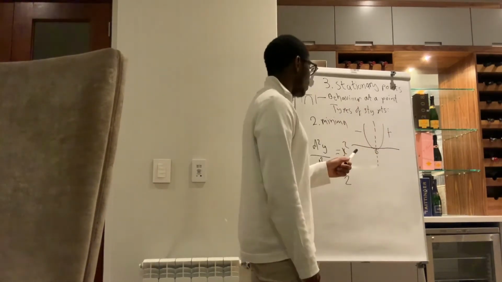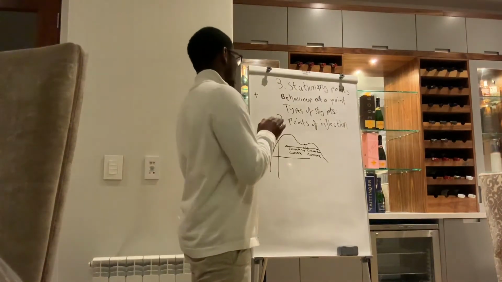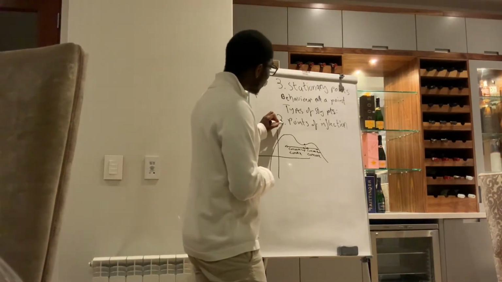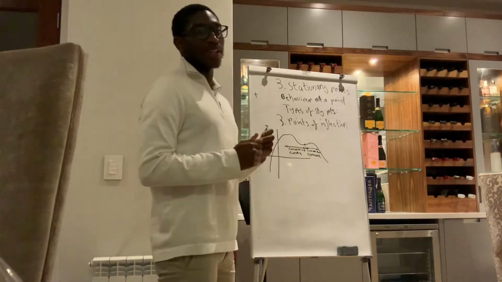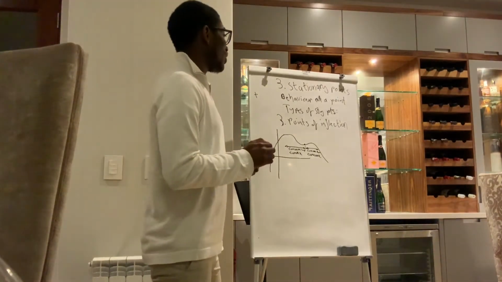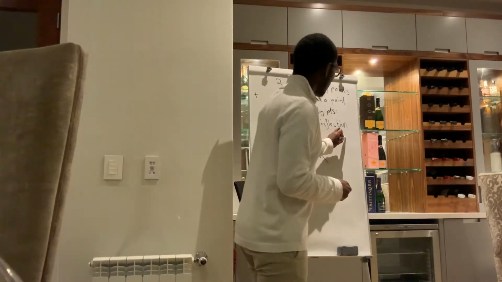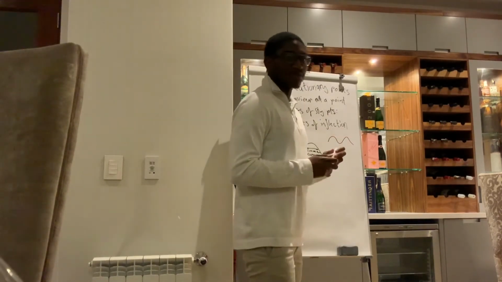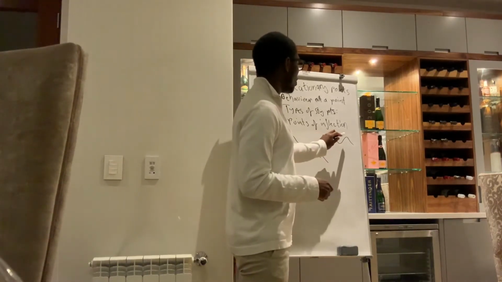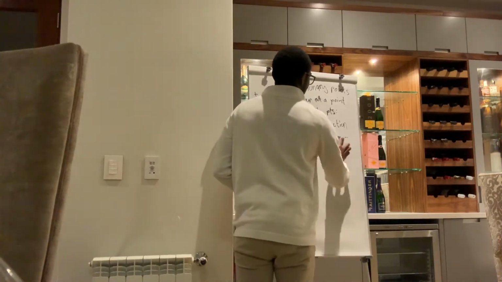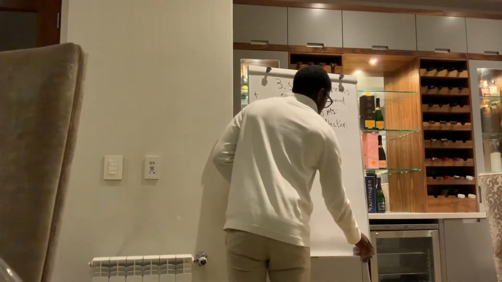Okay, so the third type of stationary point is a little bit more complicated, but is a point of inflection, or saddle point, as we spoke about earlier. When you think of saddle, you should think of a hump of a camel. That's what the saddle point idea is. So you've got two maxes and sort of a saddle. But yeah, the point of inflection